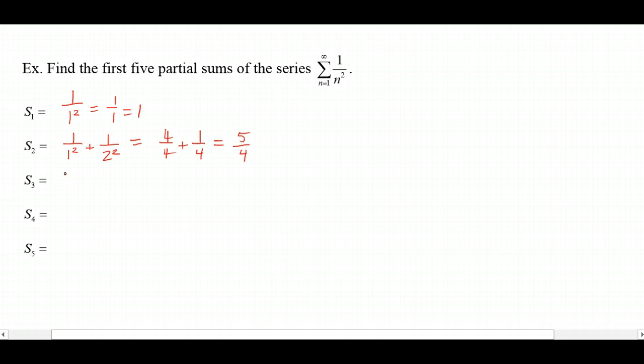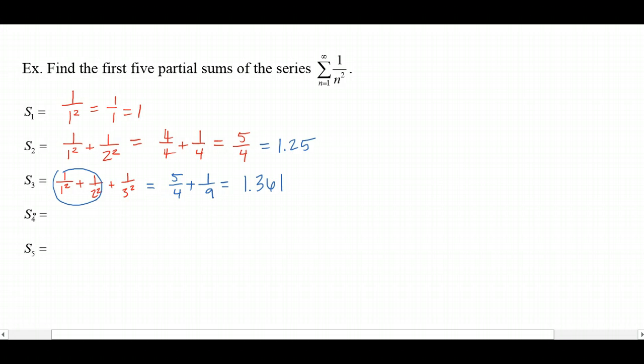And now S3 means I'm going to add the first 3 terms. So 1 over 1 squared plus 1 over 2 squared plus 1 over 3 squared. Well, we already did 1 over 1 squared plus 1 over 2 squared. That was 5 over 4. So 5 over 4 plus, and then I'm adding 1 over 9. So what I'm going to do from here on is some decimal approximations and use my calculator. So 5 over 4, we don't need a calculator. That's 1.25. 5 over 4 plus 1 over 9 happens to be, and I'm going to round to the third decimal place here,